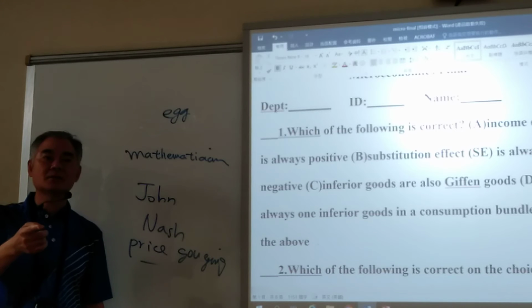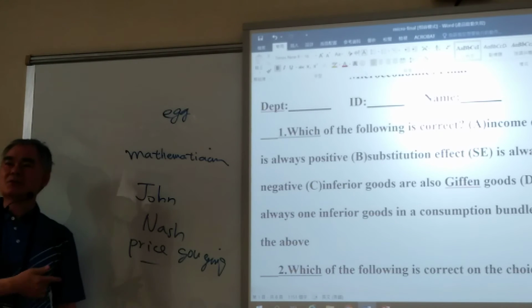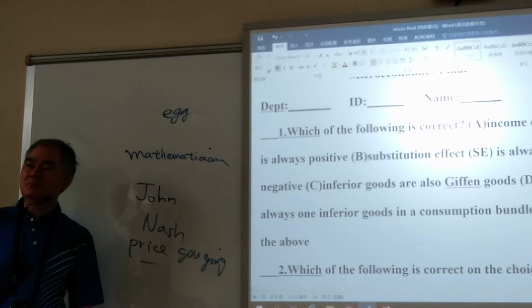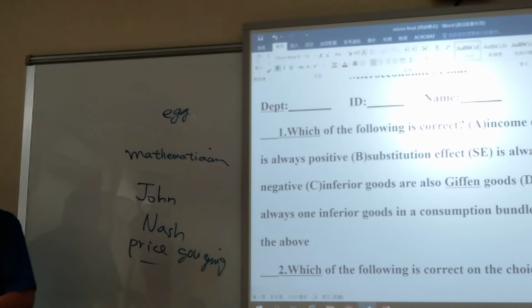Right, exactly. Okay. Price gouging. Is price gouging good? Okay, so I'm not for all these phenomena, okay? For all these phenomena, we're gonna discuss it, okay? And then